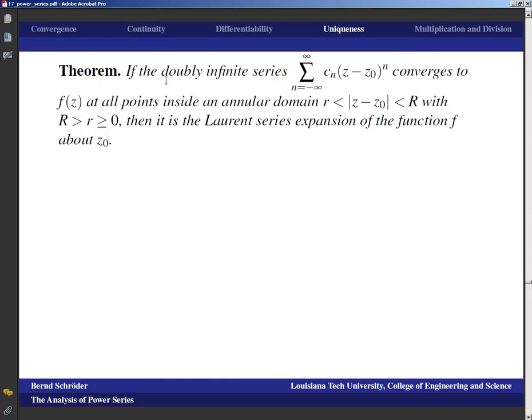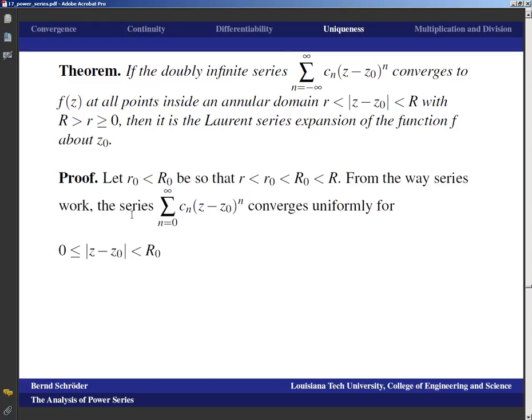Okay, so now let's take a look at doubly infinite series. And we want to say, well, if that doubly infinite series converges to f of z at all points inside an annular domain, lowercase r smaller than the absolute value of z minus z0, smaller than capital R, with capital R greater than lowercase r greater or equal than 0, then it is the Laurent series expansion of the function f about z0. And, well, if we let lowercase r0 be smaller than capital R0 and let those be between lowercase r and capital R,